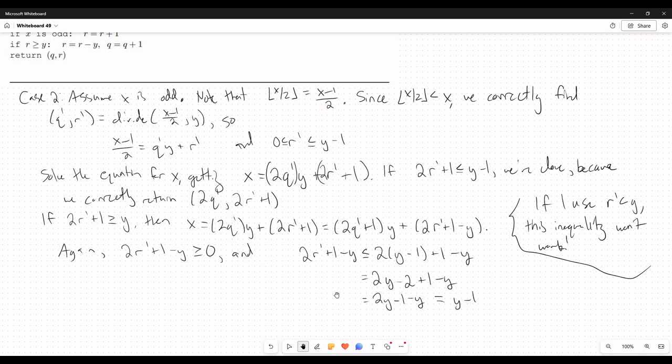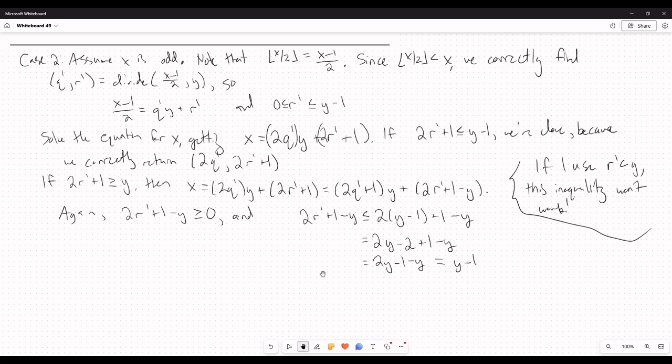It's not that those mean different things, it's just that when I write less than or equal to y minus 1, I'm being a little bit more specific, and that specificity is going to give me the extra room that I need for this inequality to work out. Okay, so I don't want to belabor that point too much longer. We'll just finish by saying,